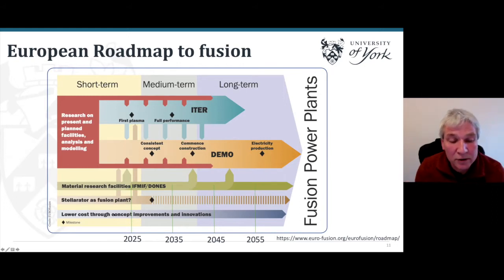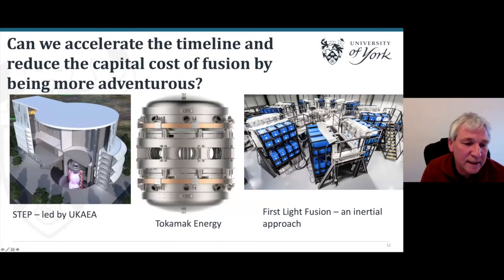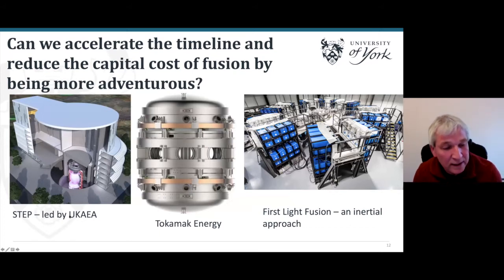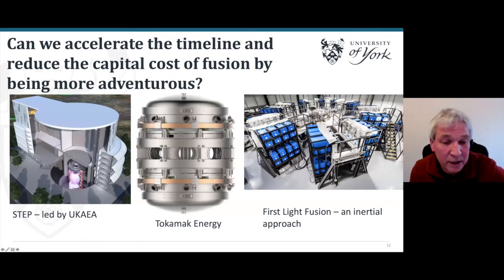And then there are lower cost concept improvements and innovations that we're looking at. In the UK in particular, we're pushing these quite hard. And so this is just 3 examples, and nice examples, because it shows a national programme, the so-called STEP programme, which has £200 million of funding from the government, led by UK Atomic Energy Authority. It's in a feasibility study at the moment. That is £200 million to demonstrate the feasibility of this reactor concept by 2024,